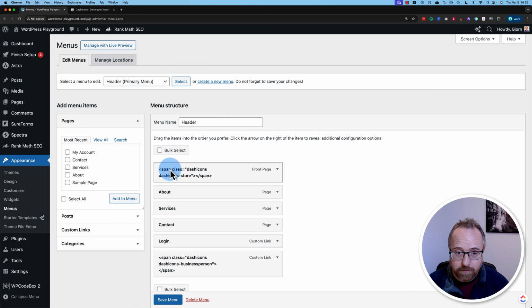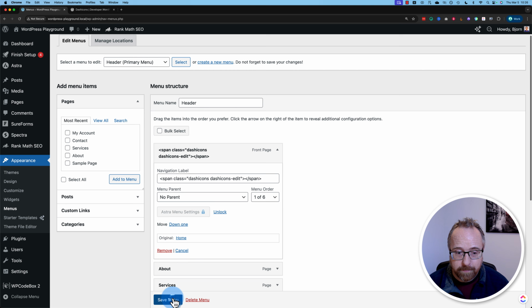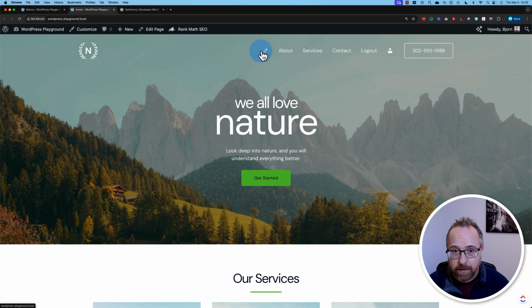And we can see this doesn't look very nice. Not on the back end anyway. Looks fine on the front end. But this is the dash icon for that building. I'm going to paste in the one for the pencil and then save menu. And now if we go back out to the site and refresh, we now have a pencil there. That might not be what you want for your homepage link, but it's just an example of what you can